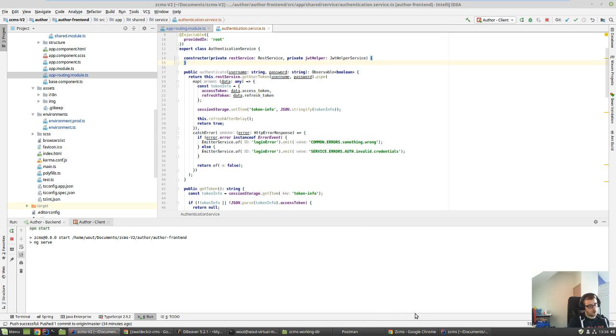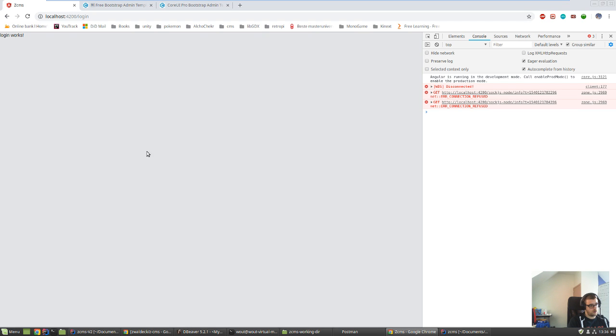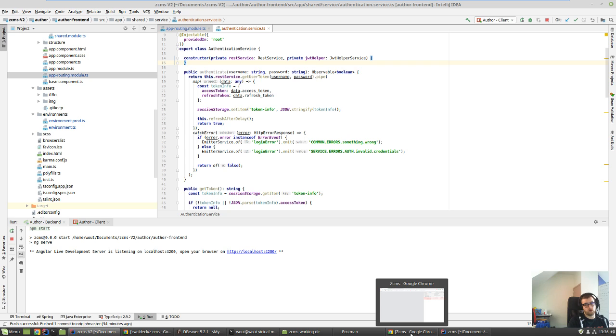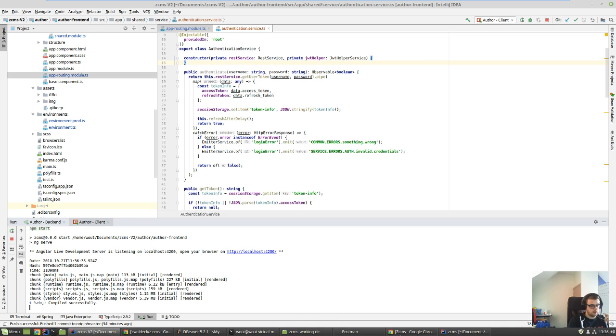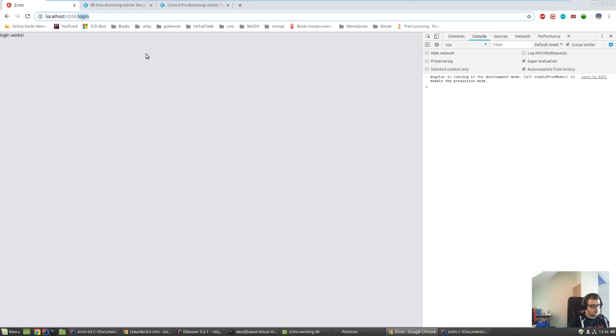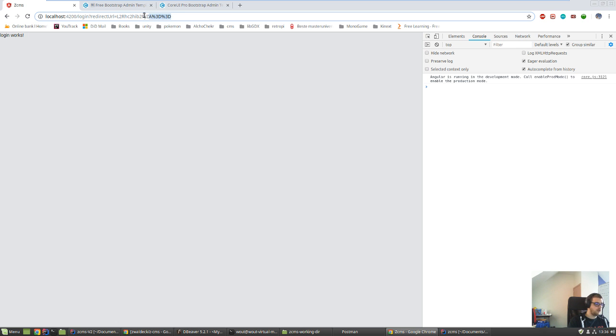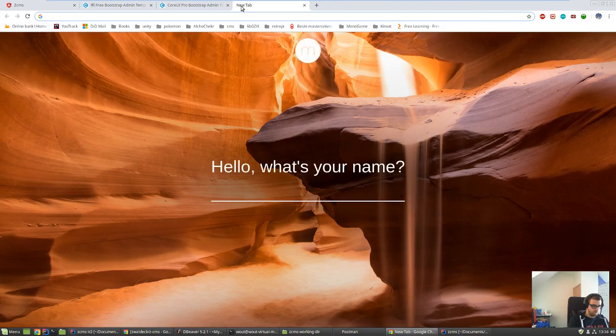So when it is again built, if we then go to our dashboard, it will redirect back to login if we did everything correctly. But it's not rebuilding. Okay, it's done. So if we now go to dashboard, it should go back to login, and we have our redirect URL. As you can see over here,